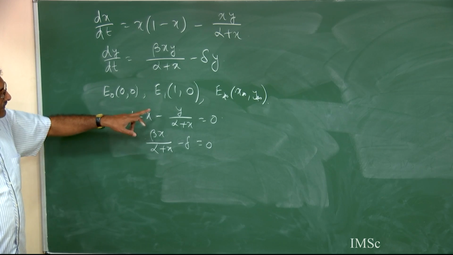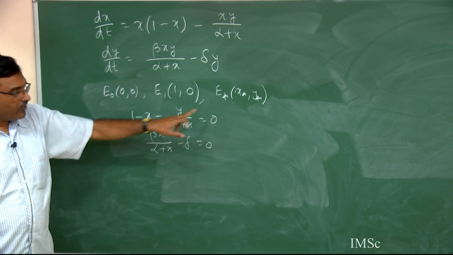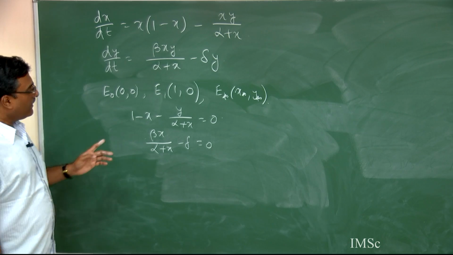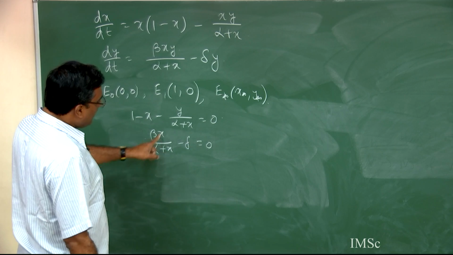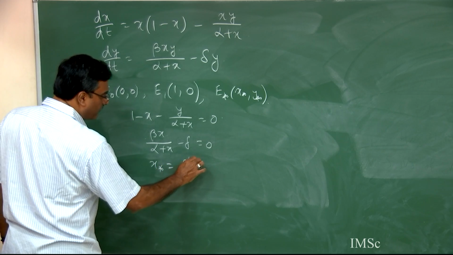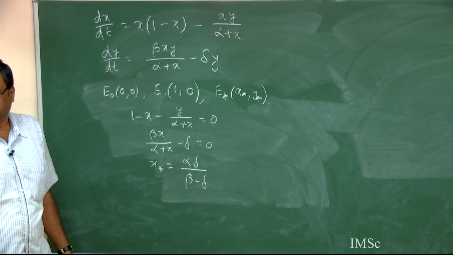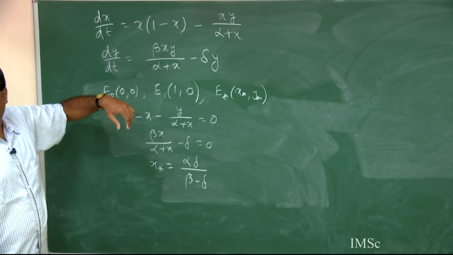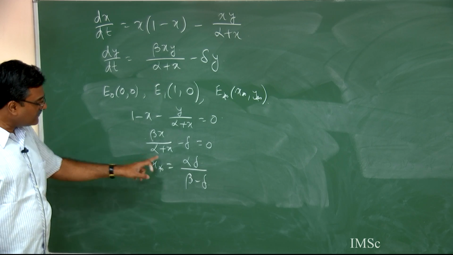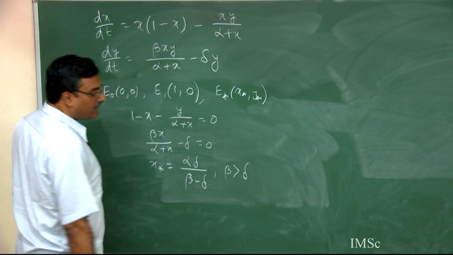So we can say that this interior equilibrium point is the point of intersection of these two curves in the interior of the first quadrant. Now if you solve the second equation, from here you can calculate x star is equal to alpha delta divided by beta minus delta. As we have assumed all the parameters are positive, alpha, beta, delta are all positive. But for feasible existence of x star, we need this parametric restriction, that is beta should be greater than delta,